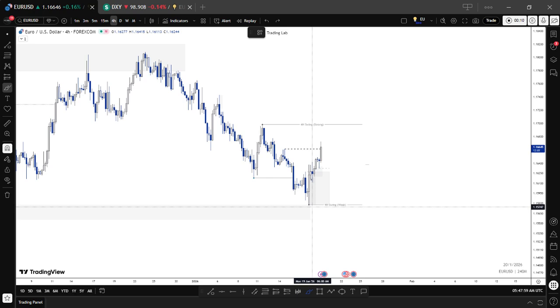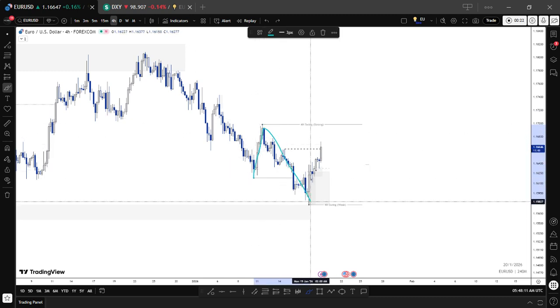I'm going to be doing a pre-session analysis on EURUSD, starting from the 4-hour time frame. On the 4-hour time frame, my swing structure is bearish. This is my swing structure. It has been bearish to facilitate